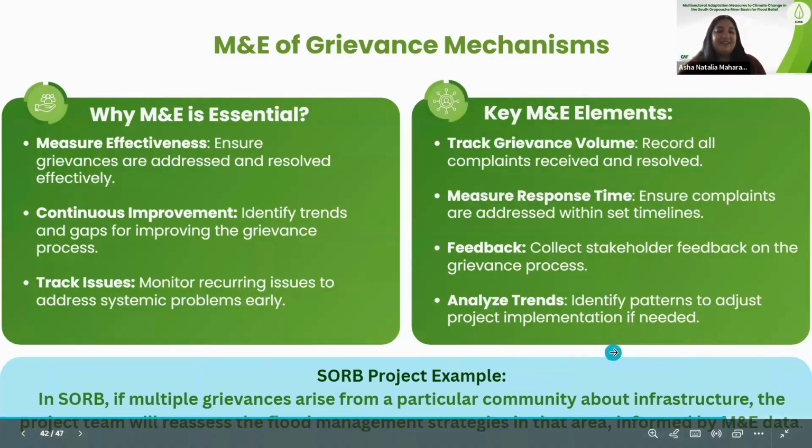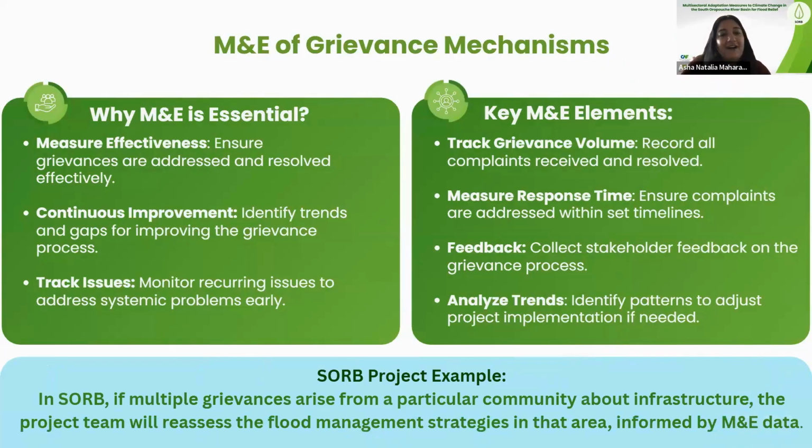Okay. So then lastly, we're thinking about monitoring and evaluation for our GRM, and this is the most essential part. So we're ensuring that our grievances are addressed and resolved effectively in a timely manner, most importantly, and that we are continuously improving as a result of the grievances that we receive. Identifying trends in the grievances is critical for us improving our response process as well, right? Are we receiving multiple of the same grievance over and over? Therefore, how can we adjust our project? And how can we adjust our grievance response process as well to make sure that we're making it easier for people to speak with us? And we're tracking the issues, like I said, recurring issues, and then trying to address those problems as early as